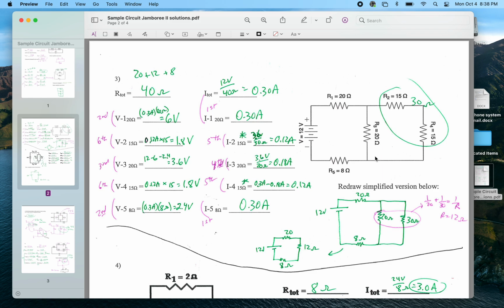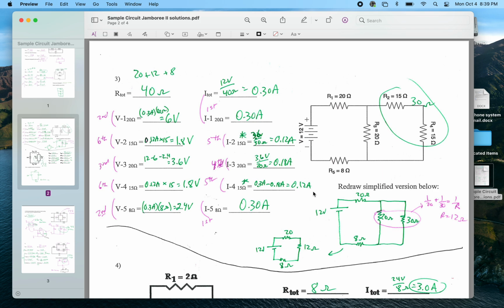There would be other ways you could solve that. For example, you could have 3.6 volts divided by 30. That would give us 0.12 amps also, because the voltage across each of these branches is equal to the voltage across the whole component, since they're in parallel with each other. And voltage divided by resistance of the branch would give me the current in each branch. So 3.6 divided by 20, 3.6 divided by 30. Either way, the current through this 15 ohm resistor and this 15 ohm resistor would be